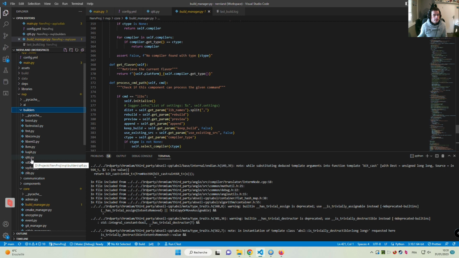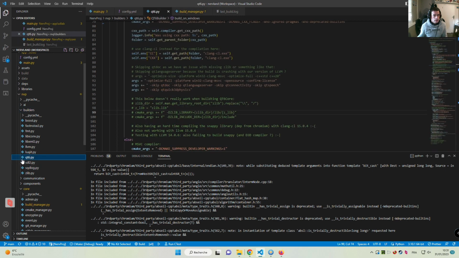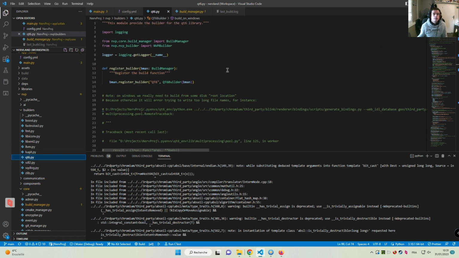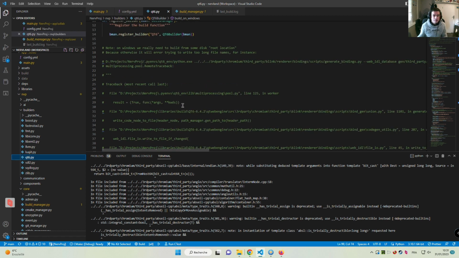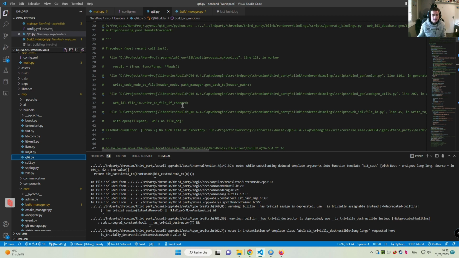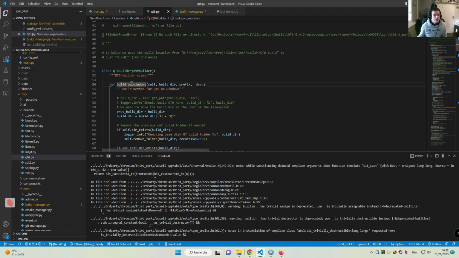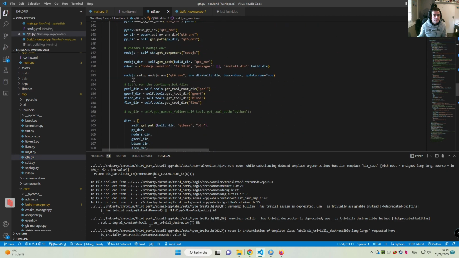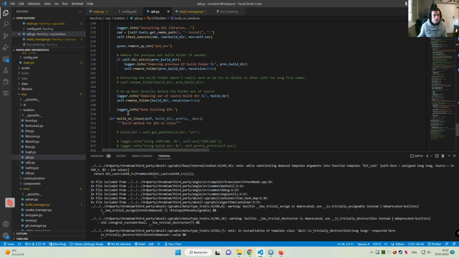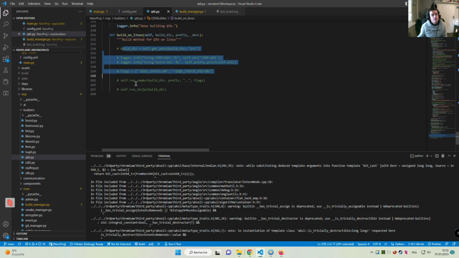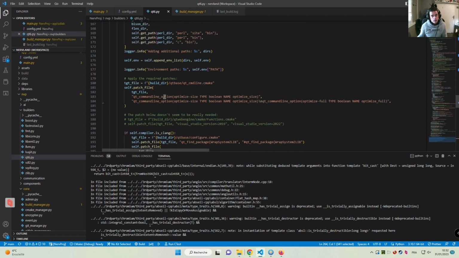So where should I start? The builder that we have for Qt6 here is going to proceed differently whether you're compiling on Windows or on Linux. I only have support for those two platforms currently, and actually for Qt6 I only have support for Windows currently. I didn't implement the Linux compilation part for the moment. So we have this build on Windows function here, and the other function will be the build on Linux, but this one you see is not doing anything. When building on Windows,